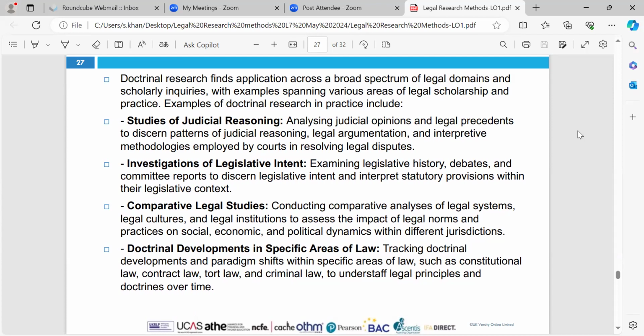in resolving legal disputes; investigations of legislative intent, examining legislative history, debates and committee reports to discern legislative intent and interpret statutory provisions within their legislative context; comparative legal studies, so conducting comparative analysis of legal systems, legal cultures, and legal institutions to assess the impact of legal norms and practices on social, economic, and political